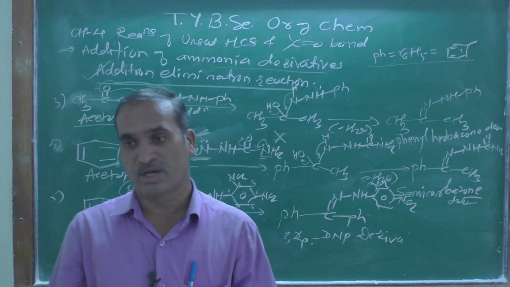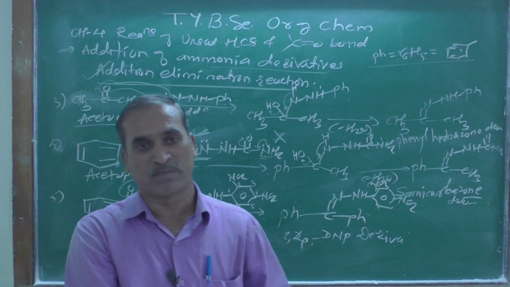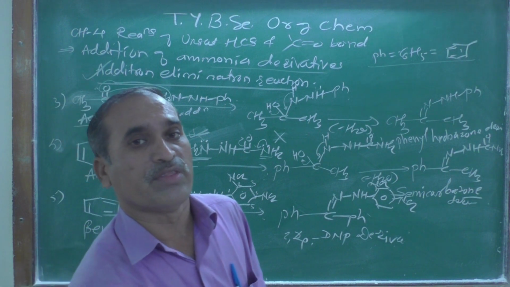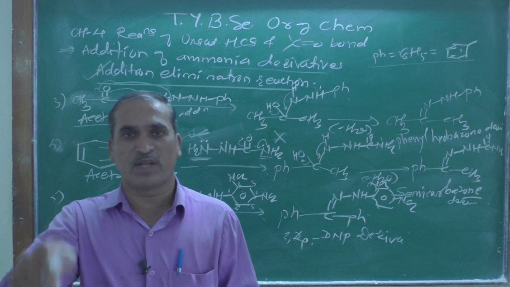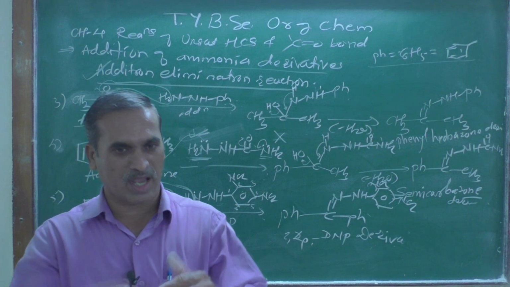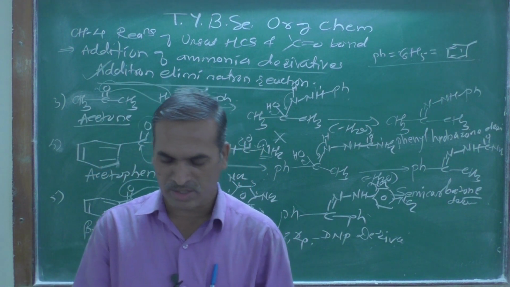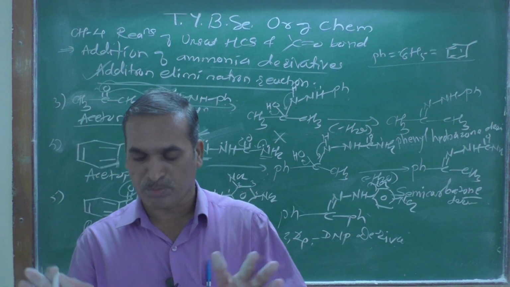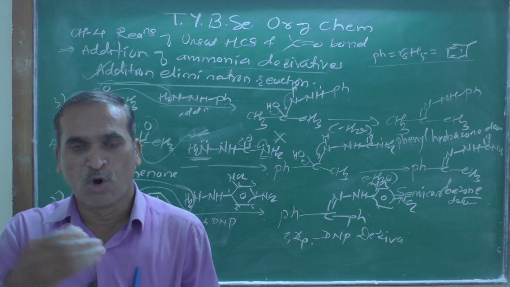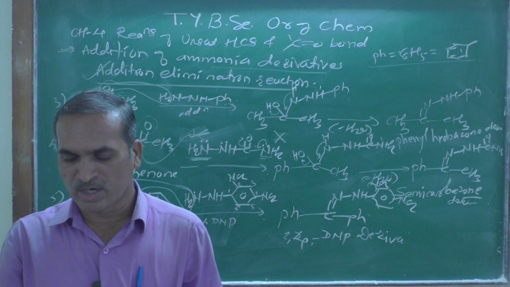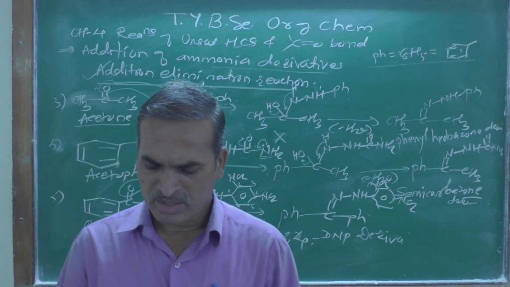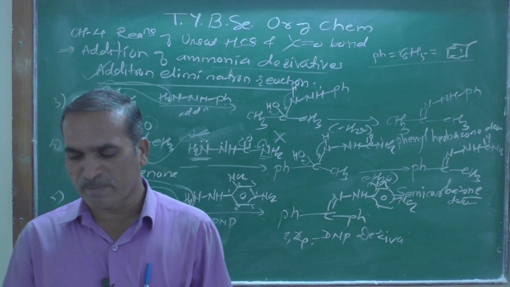That is the second condition, because carbonyl group differs from the carbon-carbon double bond, and therefore if carbon-carbon double bonds are present, they undergo electrophilic addition reaction, whereas this carbonyl group can show nucleophilic addition. Most of the reactions proceed as nucleophilic addition reactions. Number 3, protonation of carbonyl oxygen makes the carbonyl carbon more electrophilic toward the nucleophilic attack. So that is there. And number 4, thus the addition will be favored by high